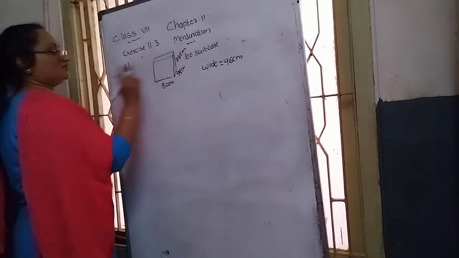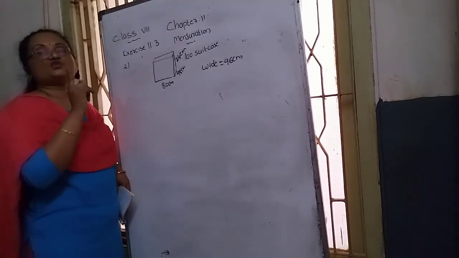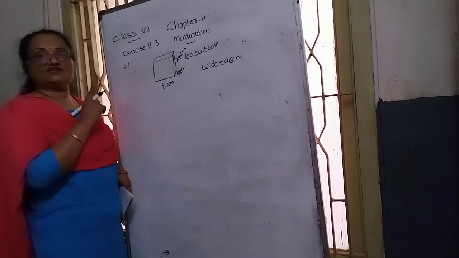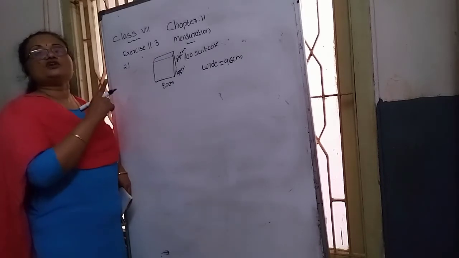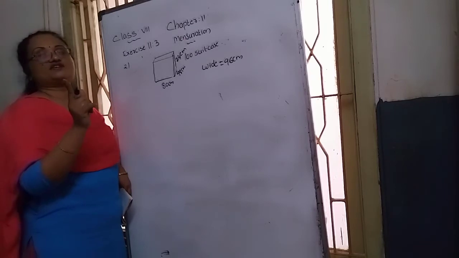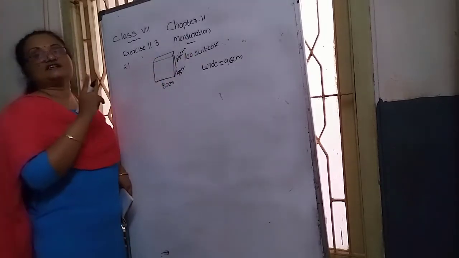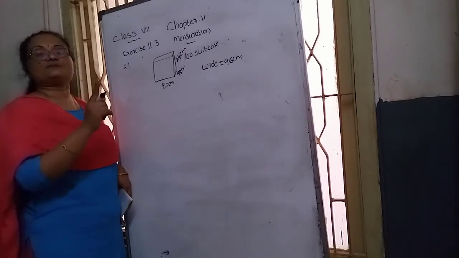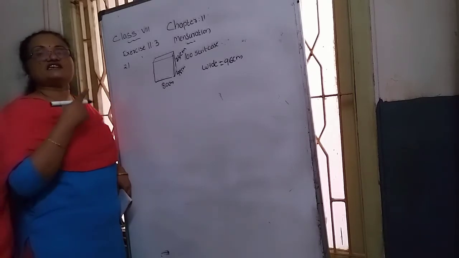First, what we want to do is find out the total surface area, TSA, of one suitcase. The suitcase is in cuboid shape, so the cuboid TSA formula applies. Then how many suitcases are there? 100. So the second step is to multiply the one suitcase area with 100, and we get the area of 100 suitcases.